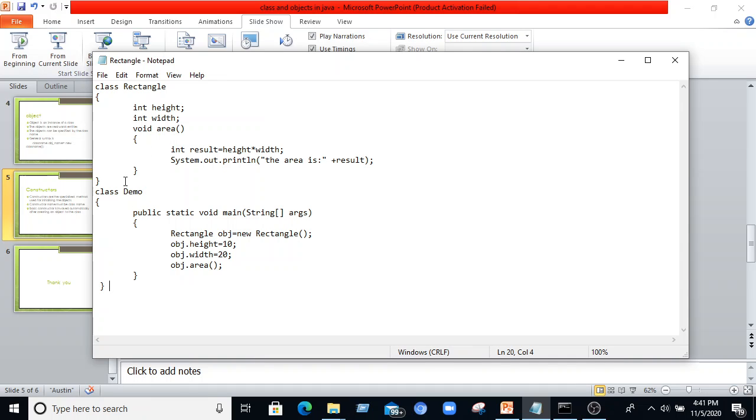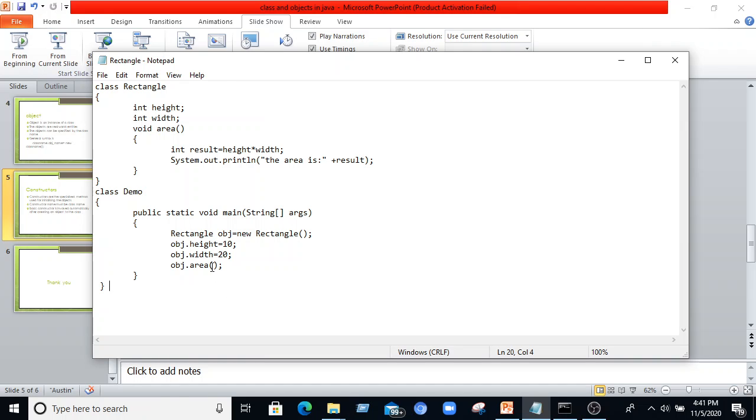Now we are using two classes over here, because with two classes we are explaining the overall concept. In this program we have used one class as the rectangle class, and one class as the demo class. In the demo class we placed the main function, and the rectangle is another class defined. The rectangle can be invoked in the main function itself, main method itself. We can't invoke all the variables without using the main.